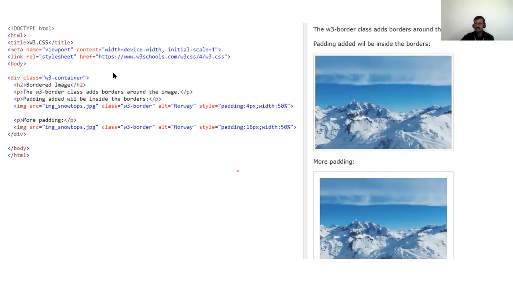So next, border styles classes. We have to add a border around the images, and we can specify it. For the border size we are using 4px with 50%, which means the border is very small. See here, when compared to this diagram, this border. Here I gave the padding size as 16, that's why the border size is very long. Like that you can create images in the website using the CSS images.